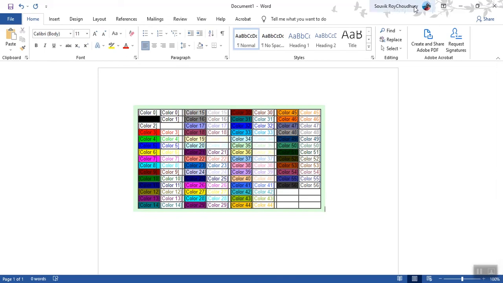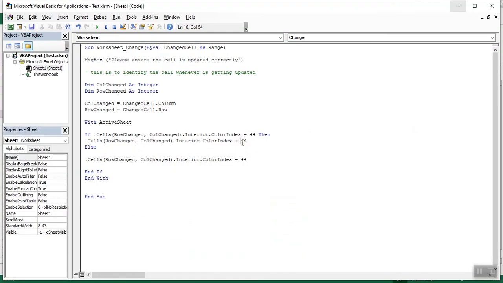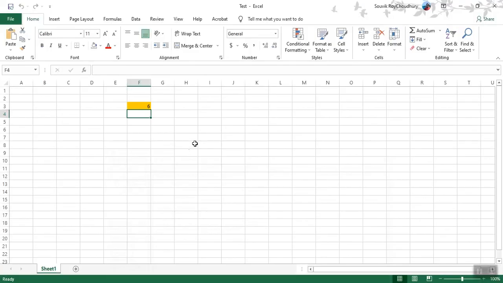So let's say 50. So let's do 50 and 50, and then hit save, and let's see if we change 5. See, its color is now changed.